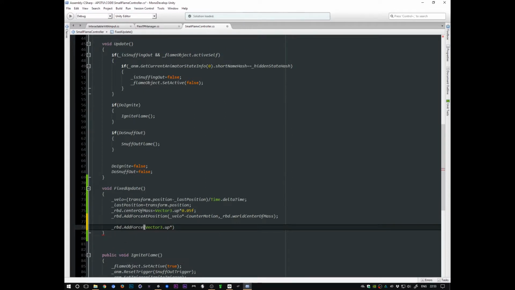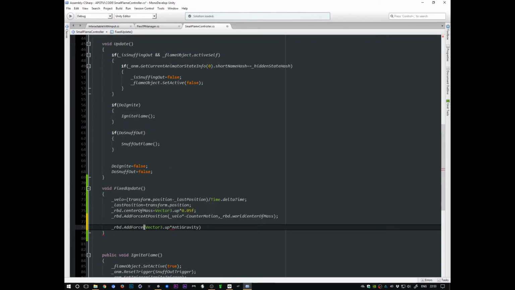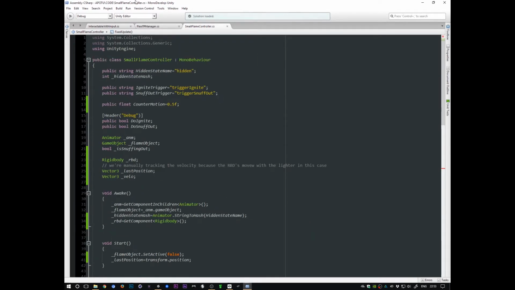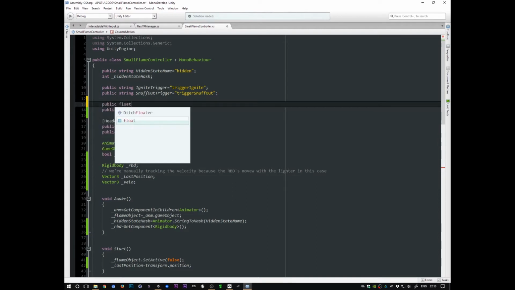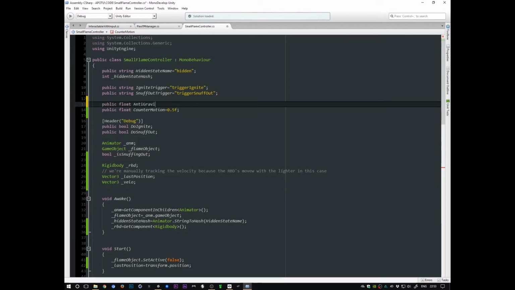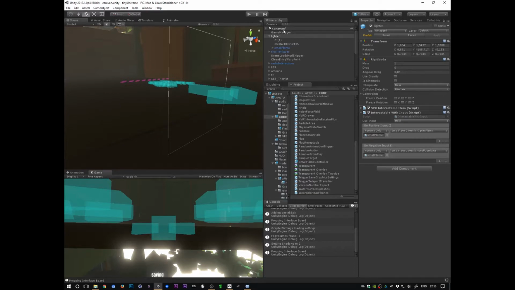Let's make anti-gravity. Let's go like that. Public float anti-gravity equals 9. There will always be an upward force of